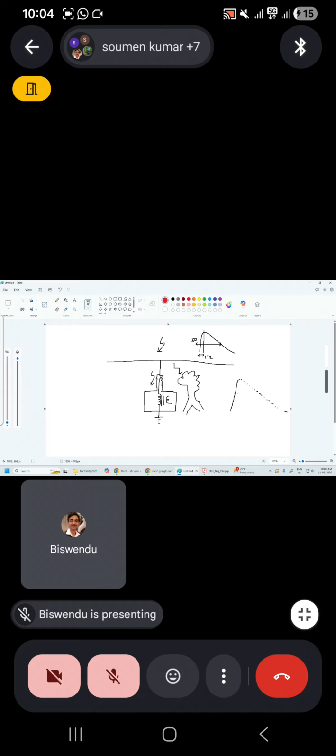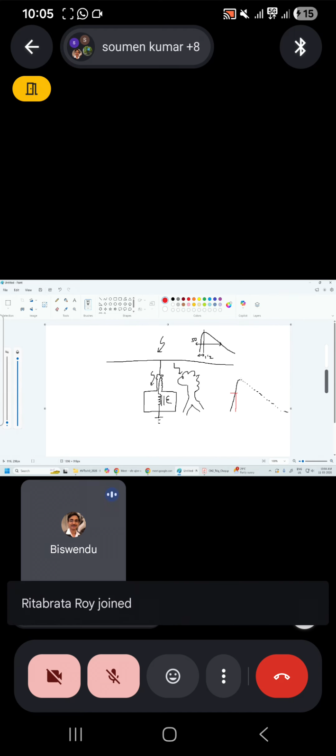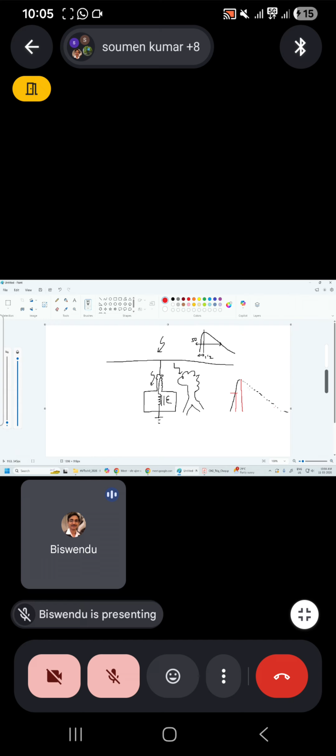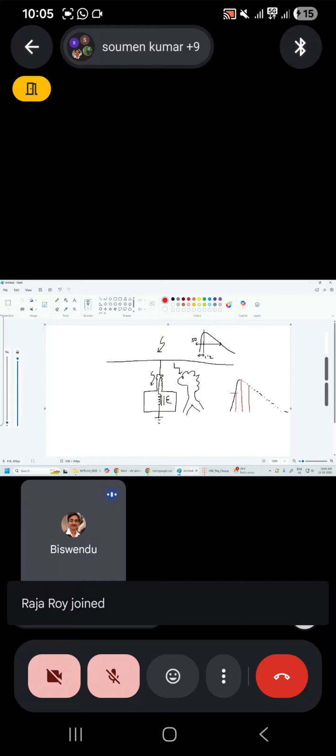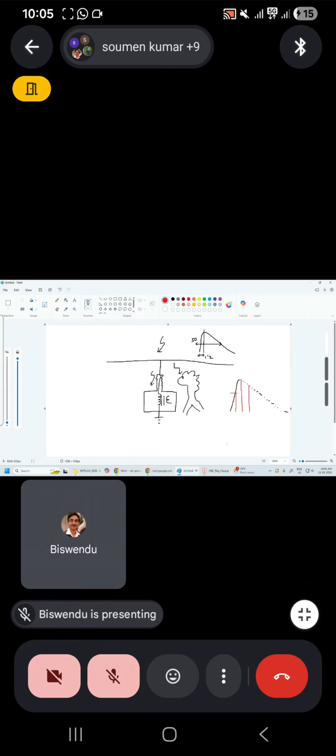After rising to some voltage it chops down due to this arcing. It may chop at peak, or it may chop at the tail, which is the most common, and it is called tail chopped impulse. How does it look? It rises like this, some tail part is there, and then suddenly chops to